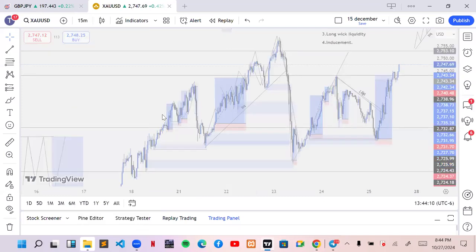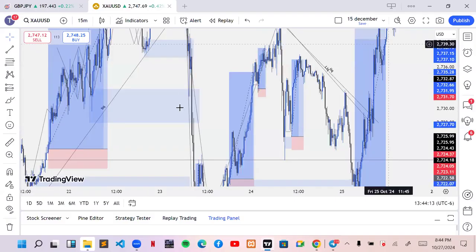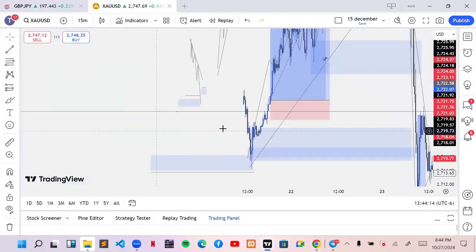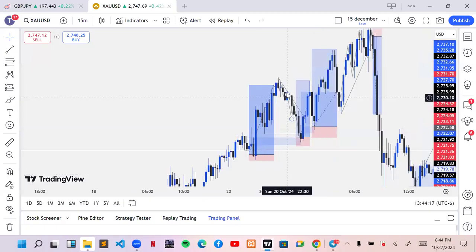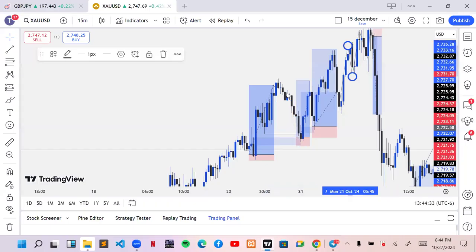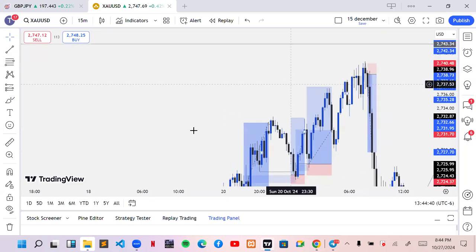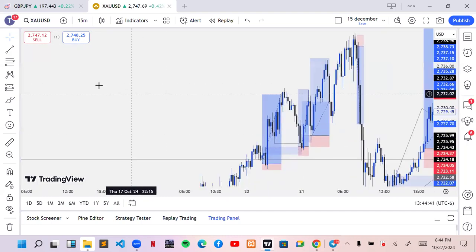The buy setup I had on gold is from here. So the buy setup I had on gold,